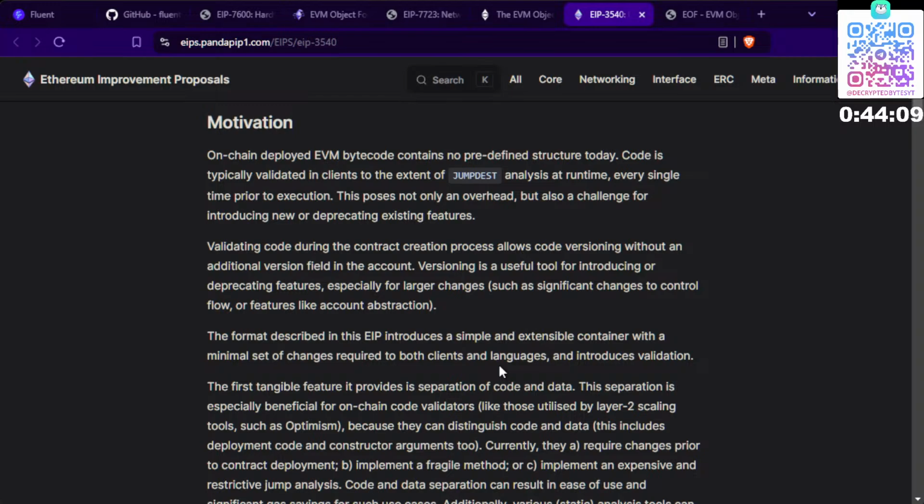Understood? So the code is just validated based on the opcode. There is no structure for that. Maybe that's what they're saying. This poses not only an overhead but also a challenge for introducing new or deprecating existing features. Okay, validating code during the contract creation process allows code versioning without an additional version field